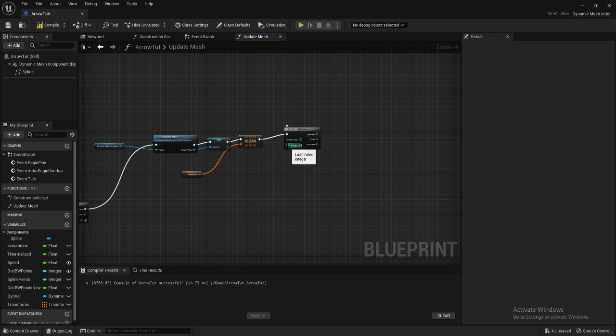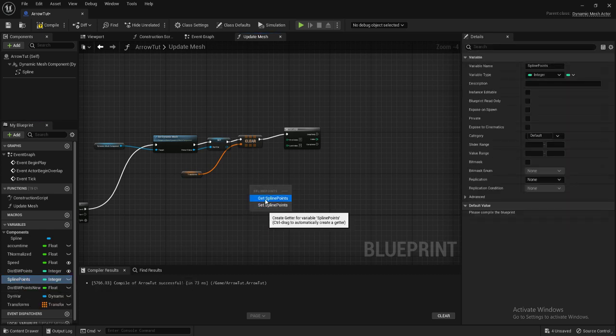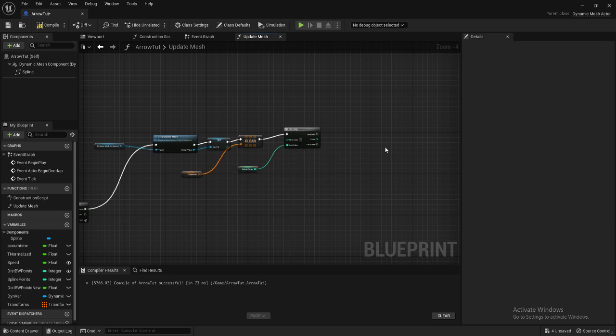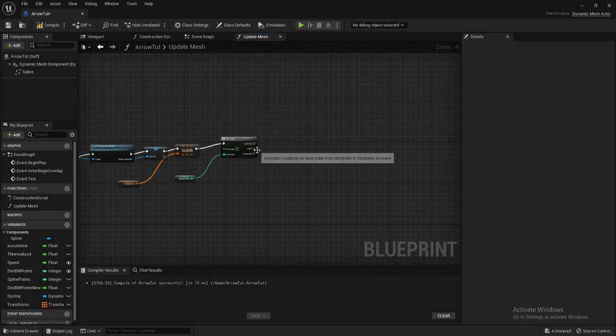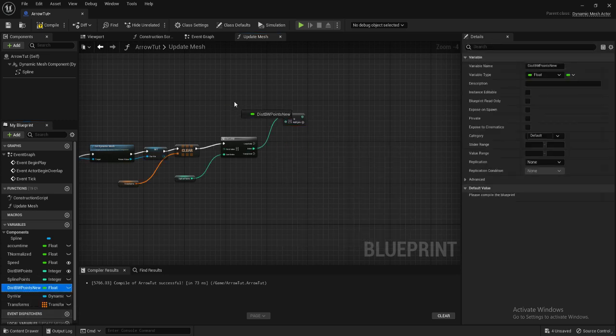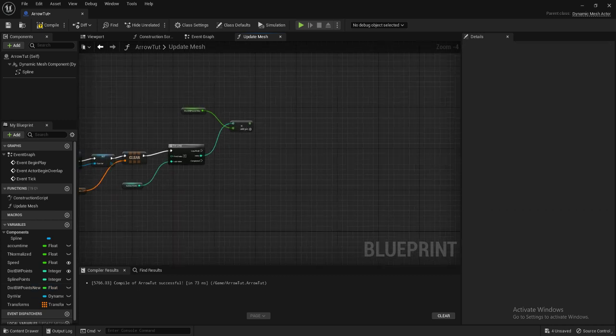So the last index of this is just going to be this: how many spline points we're going to need, because we're going to do one arrow on each spline point. So like so, and then as I said before, we're going to use this index value. So if this is 1, we want to be 1 times the distance between points along the spline and sample it. When this is 2, we're going to be twice as far down the spline. So we're going to times this by that distance between points value that we calculated before, and we're going to